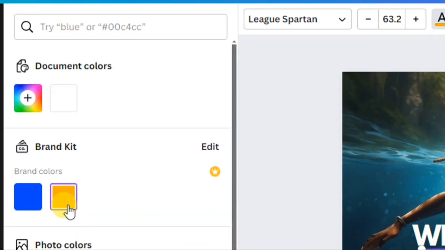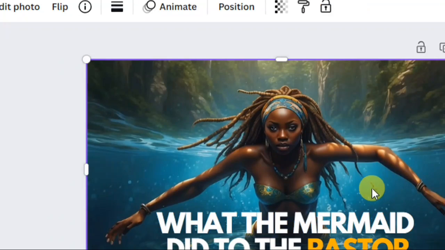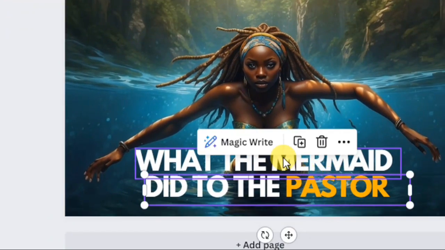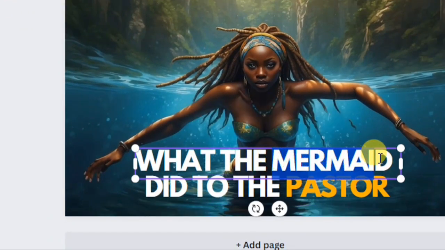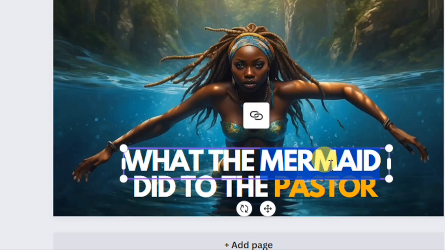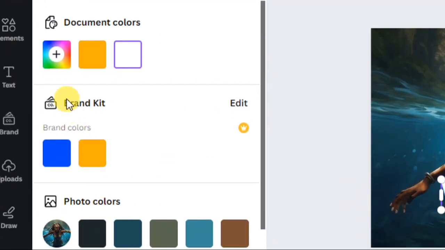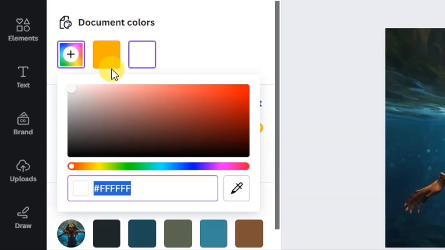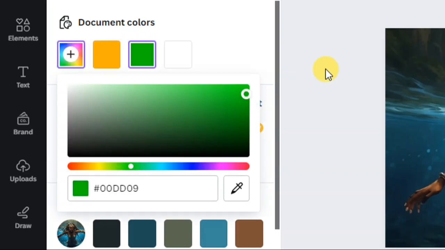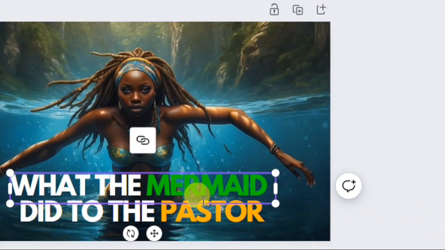Then from here you can pick any color of your choice. So the color that you picked will appear only on the highlighted text. So I'm going to do the same to this one, just like this. Highlight the text you want to give a different color, then go over to color here, then come down here. You can click on add new color just like this, and pick any color that you want to use. And we have added color